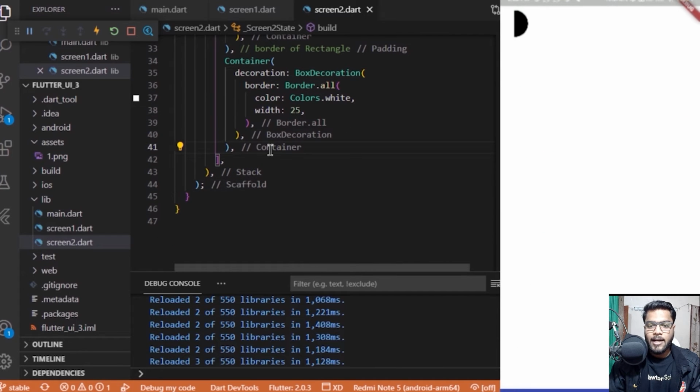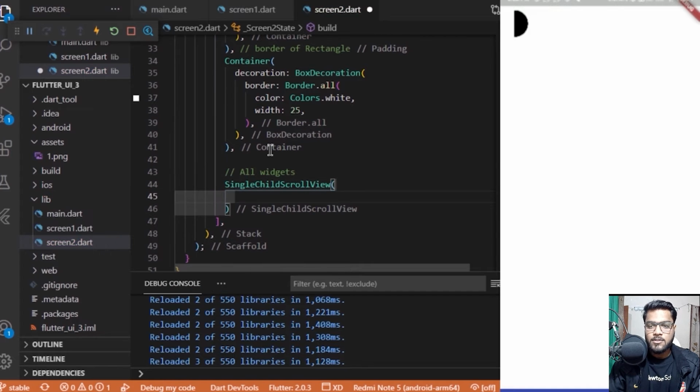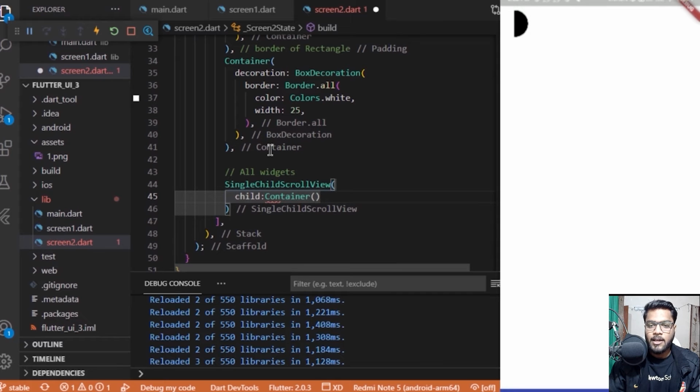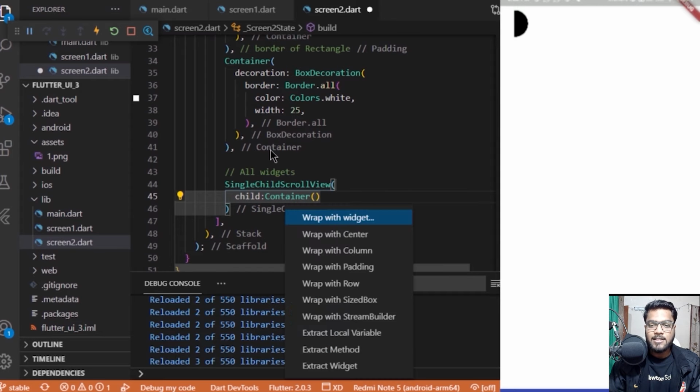After that, I need to go on the next screen. So let me go over there and let's see how the implementation looks. And you can see that we have the semicircle, the white border, and the white screen appearing over there. Next up, we'll be adding the other widgets which we will be needing for this video, for which I'll be adding a single child scroll view.